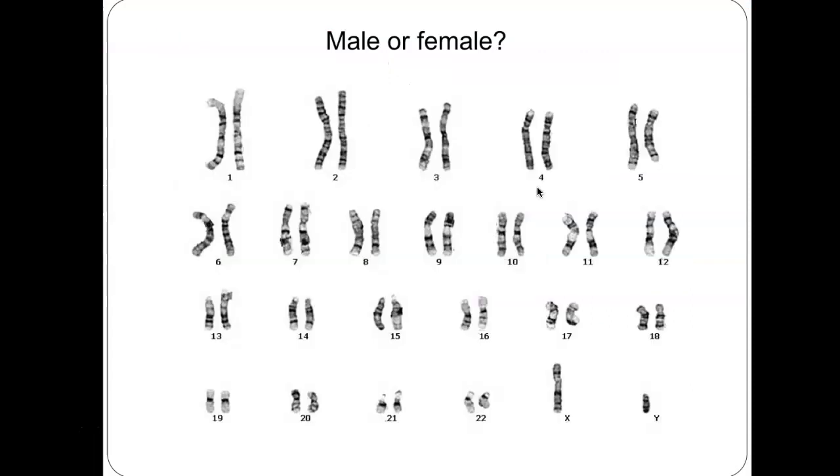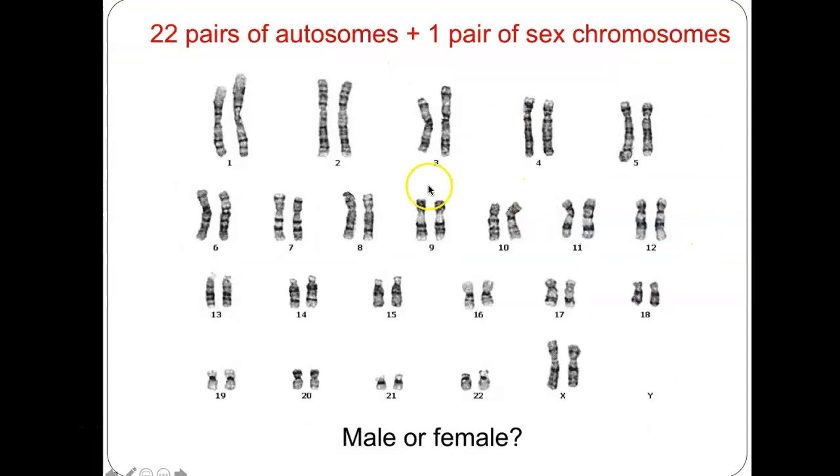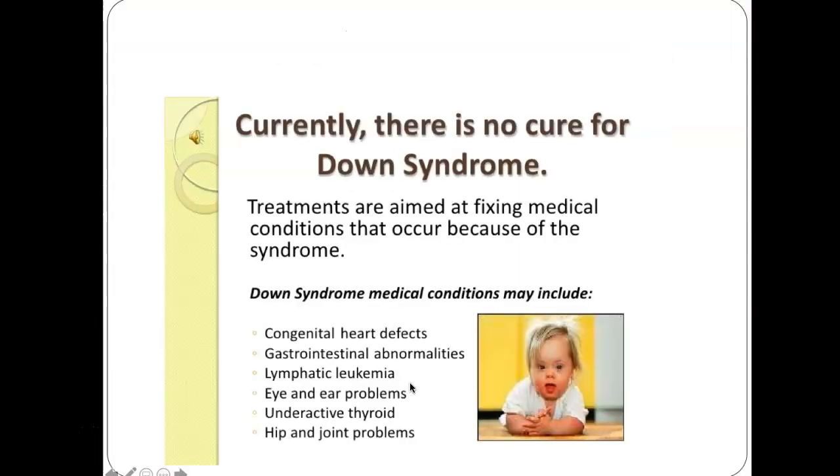So if you looked at a karyotype of a person with Down syndrome, you would see an extra chromosome right here, a 3rd chromosome 21, and that just totally offsets all the balance. There's too many chromosomes on chromosome 21 being expressed, and it just messes a lot of things up. So you'd see an extra one right here. Okay. Congenital heart defects, gastrointestinal abnormalities, eye and ear problems, and obviously cognitive issues, right?